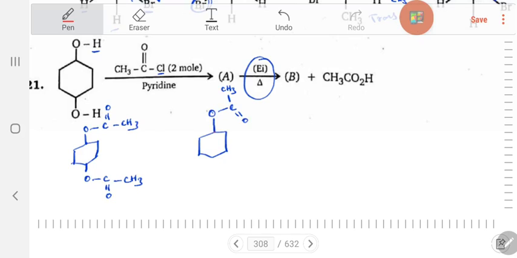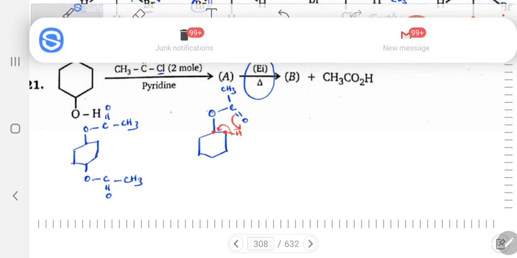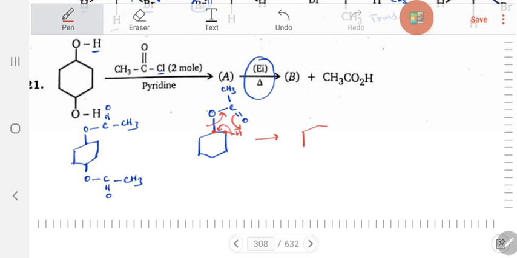Now this is alpha, this is beta carbon. Now on this beta carbon there is hydrogen. So two hydrogens. Let me take one hydrogen. Now what happened? Ei elimination means this bond will be shifting here, this bond will be shifted here, and this bond will be shifted here. Now that leads to product formation. So the obtained product will be here. There will be a double bond formation plus CH3COOH is lost. Same thing will be repeated at the bottom also.